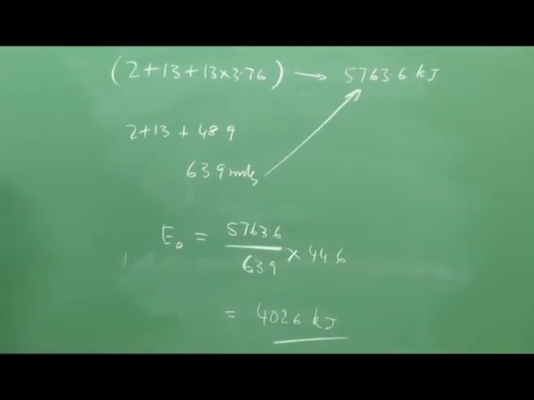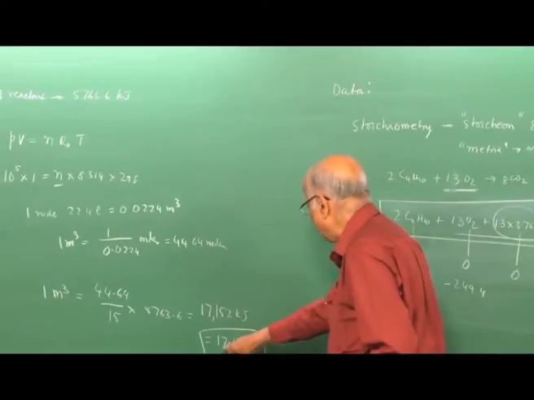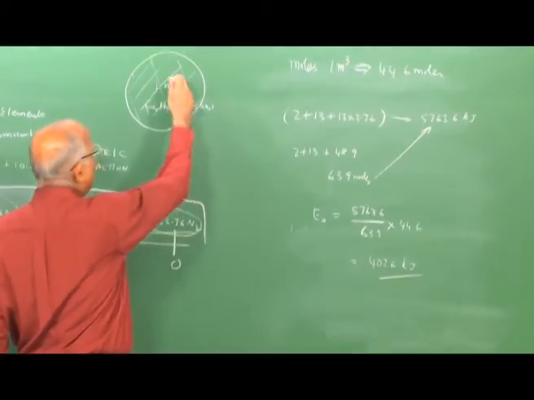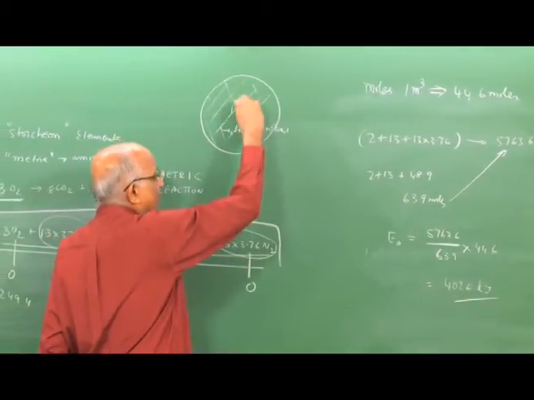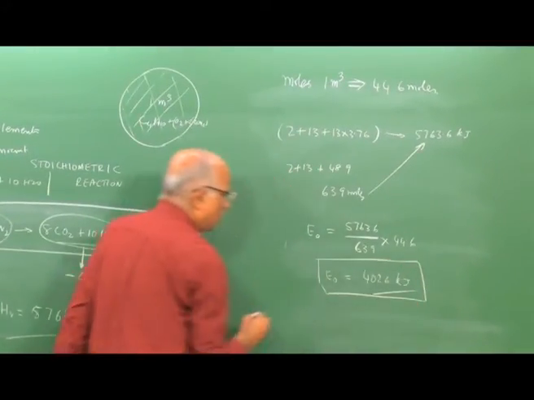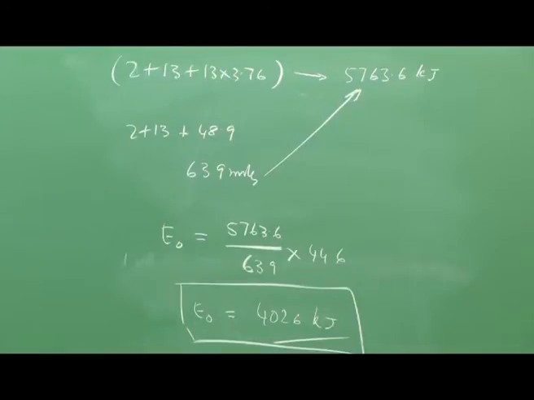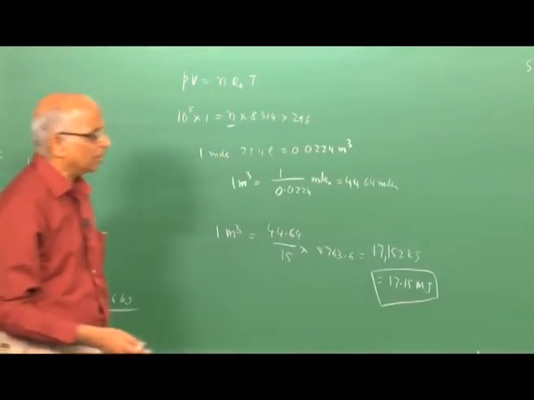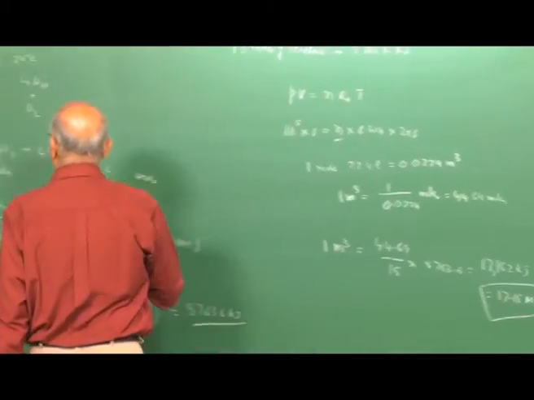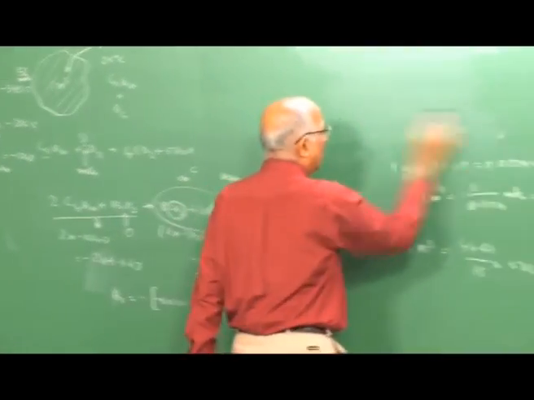Now you find there is a difference. The energy liberated with oxygen was quite high, of the order of 17.15 megajoules, whereas with air the energy release is much lower. Why does it happen? Because of the dilution effect of nitrogen, the energy density comes down. Therefore, for a stoichiometric mixture of any cloud, maybe a fuel and air mixture or any other substance, we are in a position to calculate the energy release. And how do we do that? Let's quickly summarize the method.